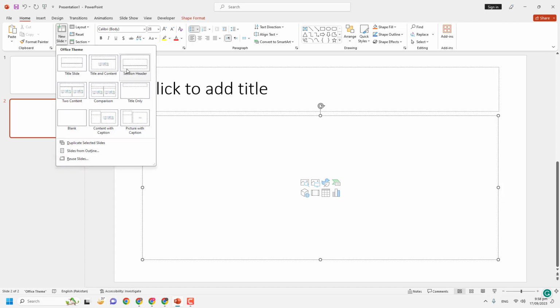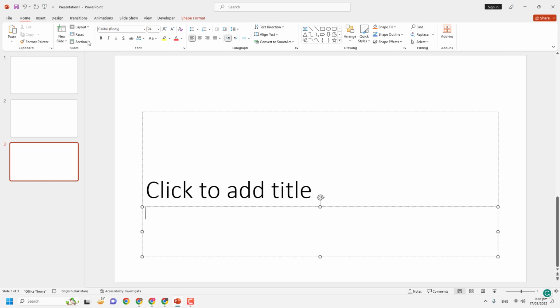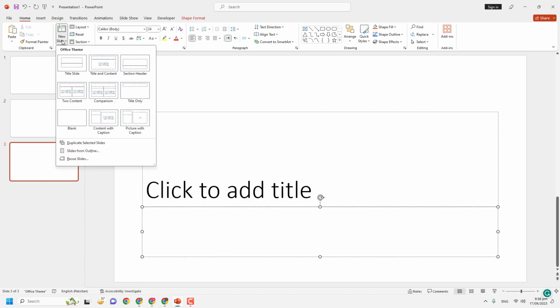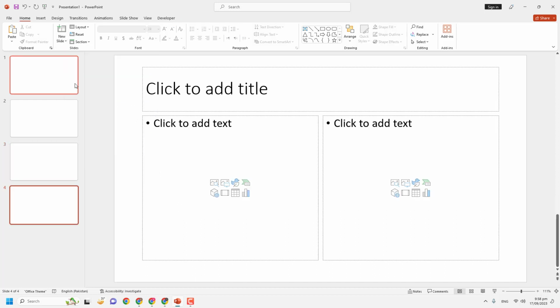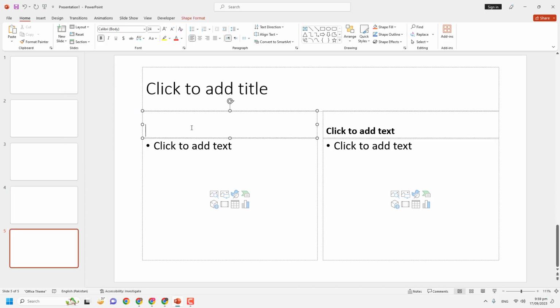So third one is section header. If you want to add a section in presentation, you can add your header as well as subtitle. Then two content, title with two content box, and comparison. Here you can see header and you can compare two things in front of each other,